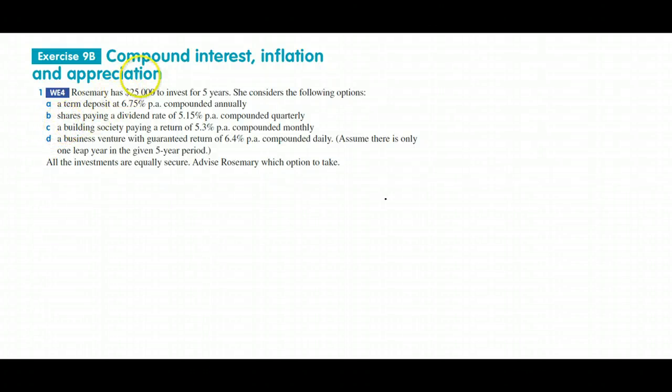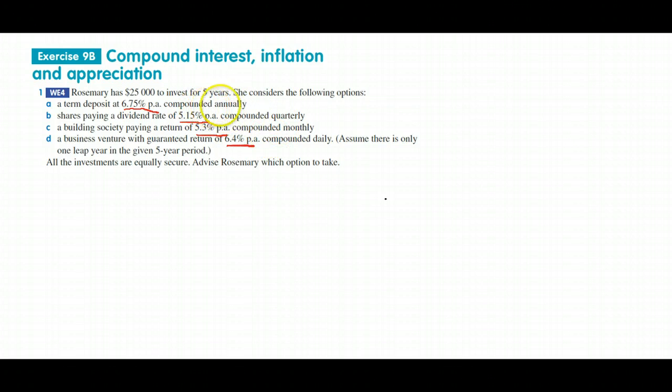Okay, in this video we're going to work out some compound interest questions. In question 1, Rosemary has $25,000 to invest for 5 years. She considers the following options. So there's 4 options, and in each option you'll notice there's a different interest rate and there's a different compounding